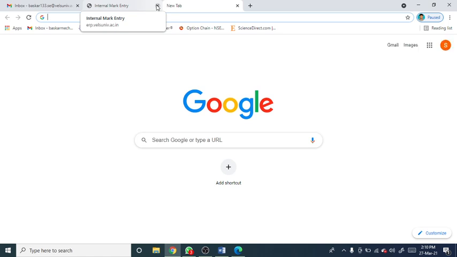Today I am going to explain how to register NASSCOM courses. There are so many possibilities to register the courses. It may be via Google, or you can go to the Play Store from your mobile. You can register and choose the subjects. In both cases, I am going to explain how to register via Google as well as the Play Store.